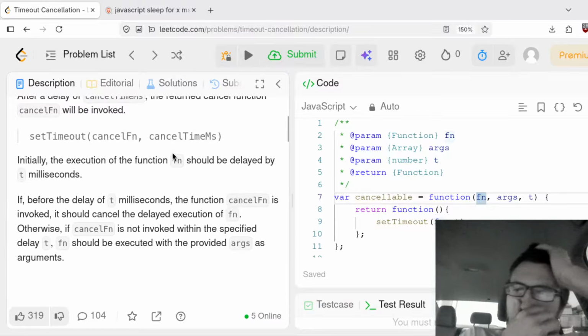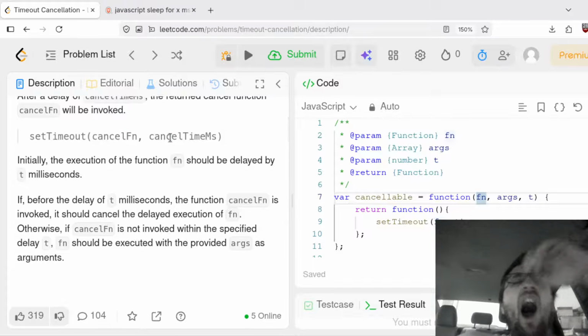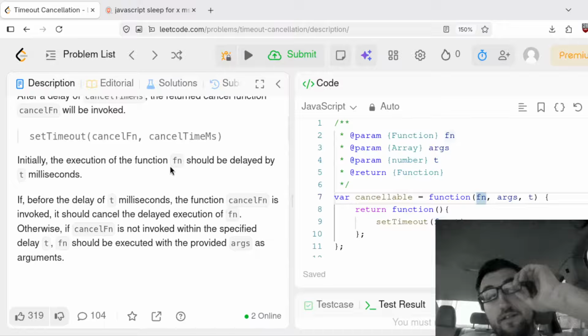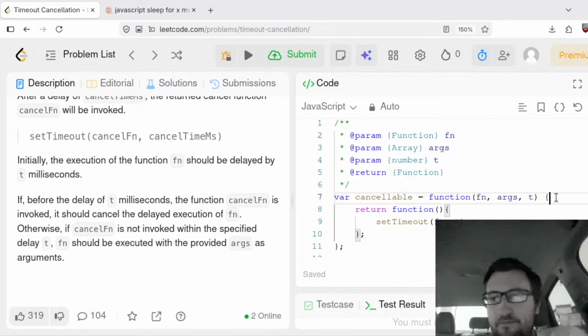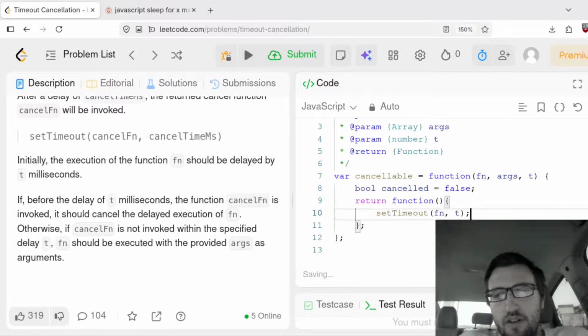We're going to call fn some amount of time later. I'm not entirely sure what to make of this. We'll say canceled is false. Return function. This is going to set